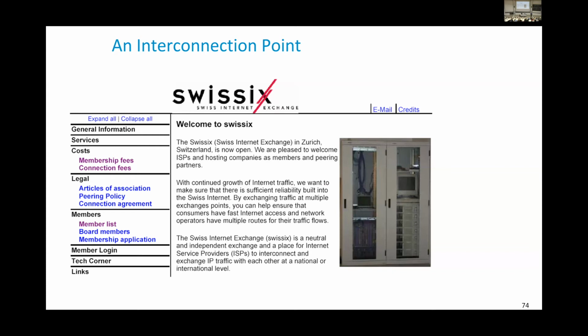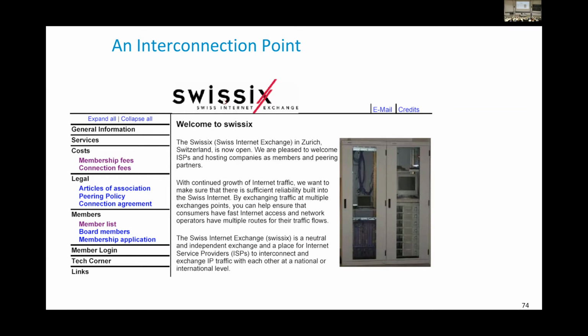Because there are many providers and because there is a need to have many interconnections, it is more efficient economically to have places, companies, in fact, here's one of them, the Swiss IX, that specialize in interconnecting providers. I don't know exactly where it is. Usually it's fairly secret where they are exactly. But it's probably in the basement of a building where there's a room with a lot of racks and